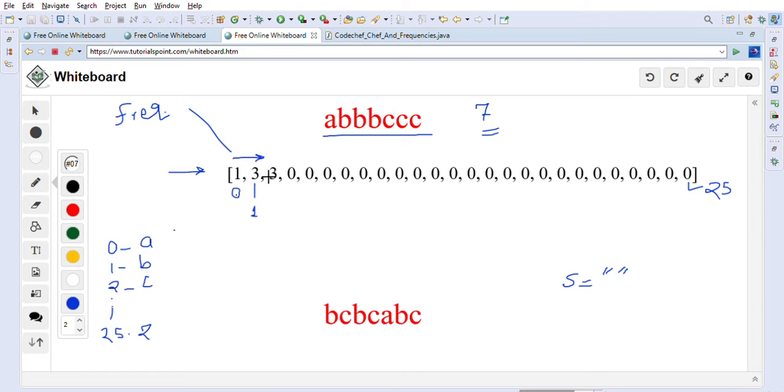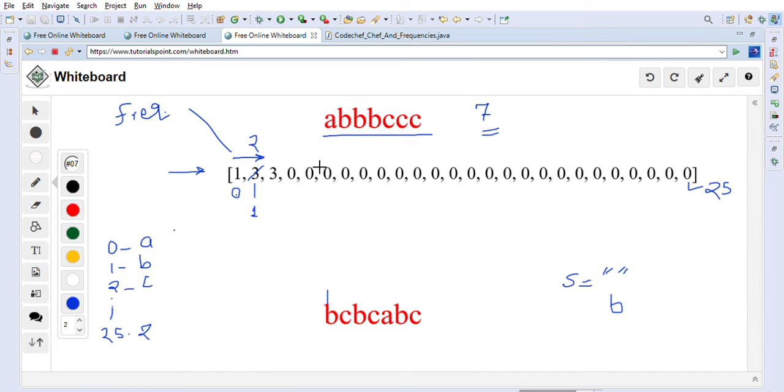Whenever we go to the next element, we will check if this frequency is greater than the maximum. No, right? So we find that B is the maximum frequency element. We will take it and reduce its frequency to 2, so its frequency is reduced by 1, and we append this B to our string. Now the string length becomes 1, which is not equal to 7, so we will again go into the loop.